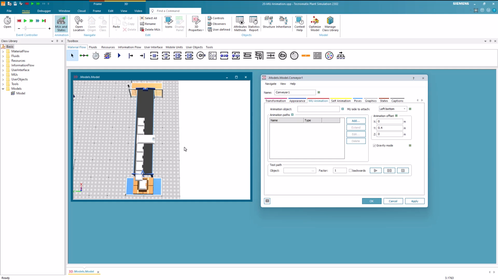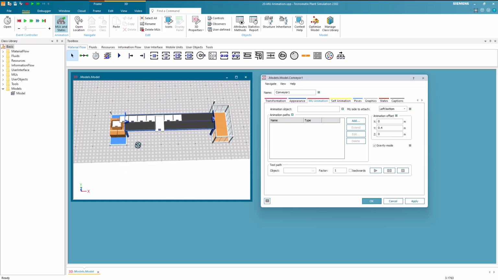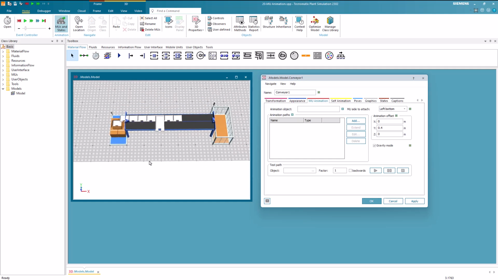You might be wondering about the distinction between employing an offset and setting an animation path slightly higher. The key difference lies in the dynamic nature of these approaches. When you adjust the animation path to a higher position, it remains static. Therefore, if you were to alter the conveyor's length or introduce a curve, you would need to manually adapt the animation path accordingly.